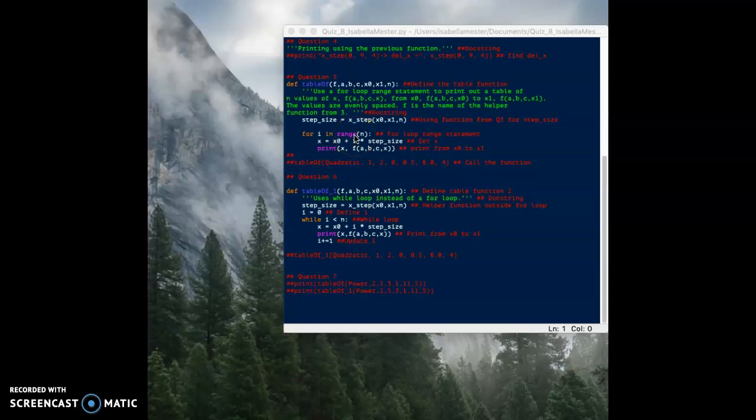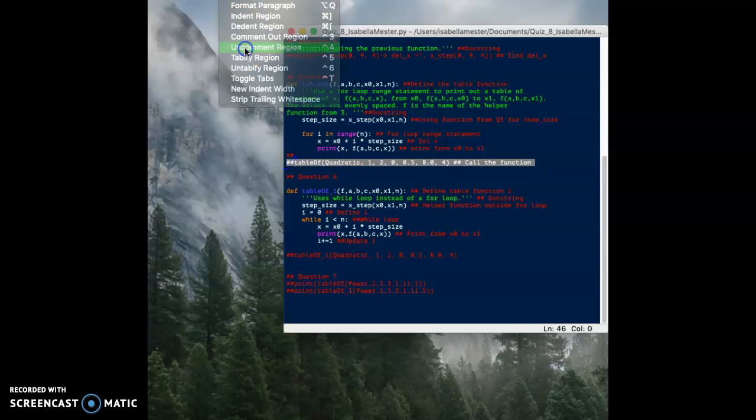So first for question 5, I start off by defining the table function, and then I have the docstring, which is going to print out the values evenly spaced. And then I have my step size using the function from question 3 for the step size for x step. And then I can go into my for loop range statement and set x, and then print out from x0 to x1. So I am going to uncomment this region